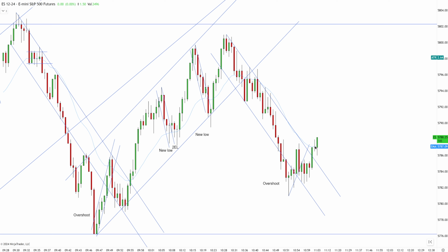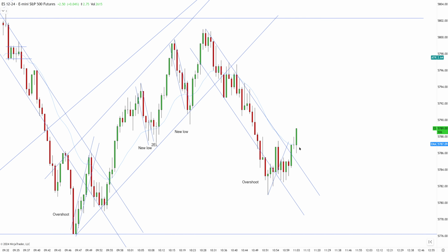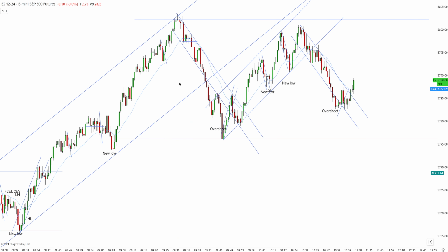We have some visual two-legged pullback, but I'm not gonna take it. As you can see, it is working higher. Why did I skip this? It's because number one, we have overshoot, but because the main bias is simply bullish, we've been working higher in